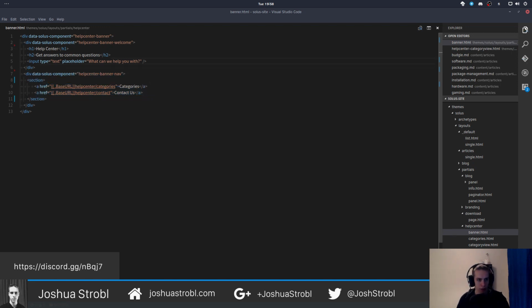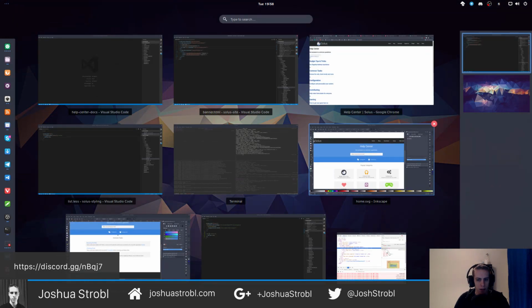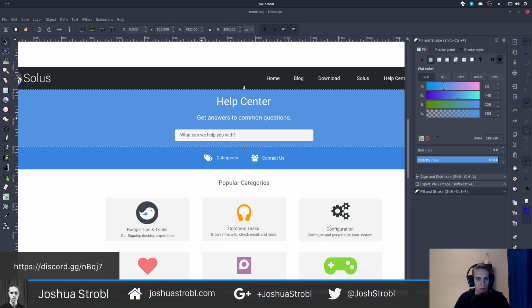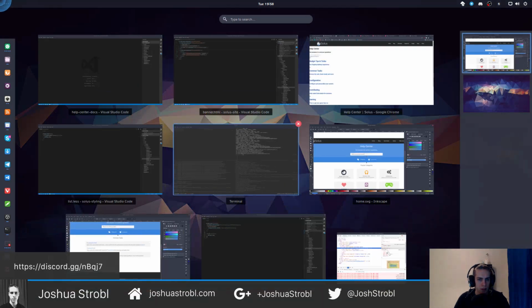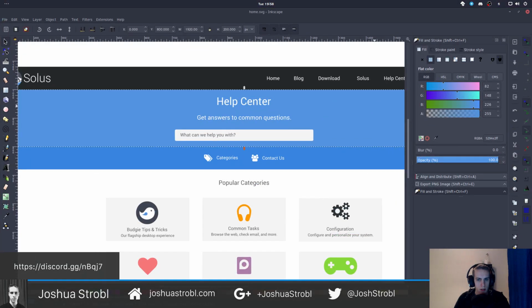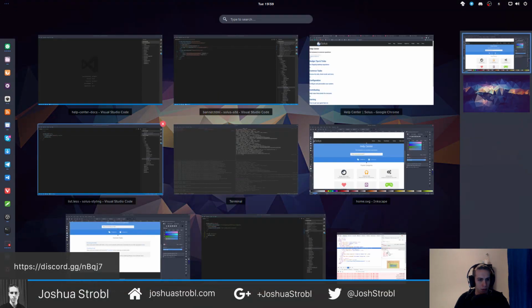Okay, so the first thing we're going to need to do is have the Help Center banner styling, the welcome section, and then the welcome nav. So the way that's going to work is we're going to have the entire Help Center banner have this blue, and then we're going to have the nav have this darker blue. And ideally, we're going to have the minimum height set to 280 pixels. So if we jump over here,